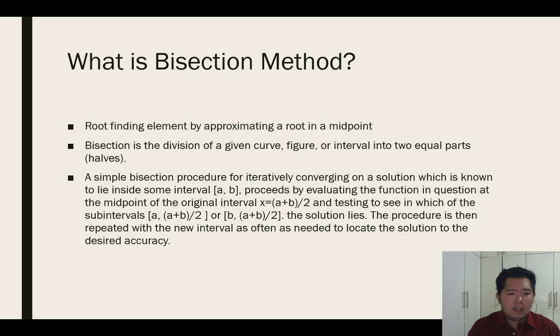The procedure is then repeated with the new interval as often as needed to locate the solution to the desired accuracy. So the more iterations, the more accurate we are going to find the true